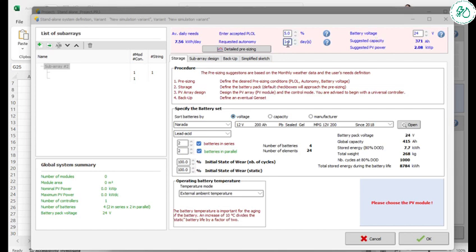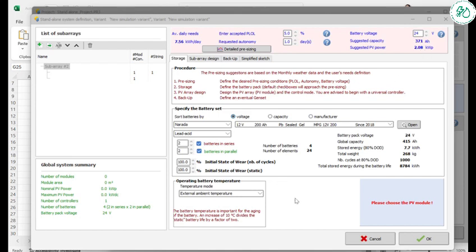So it could be 1 for autonomy and 24 volts for battery voltage. You can see the capacity of the battery that is needed is 371 ampere hours, and the PV power capacity is 2.08